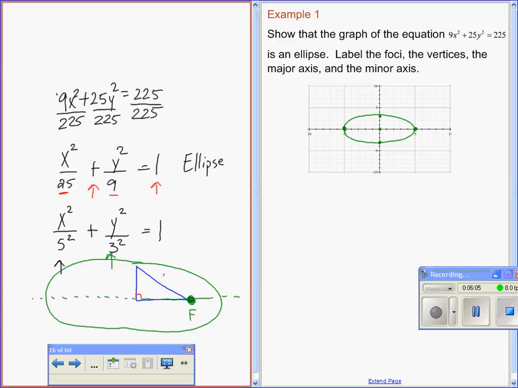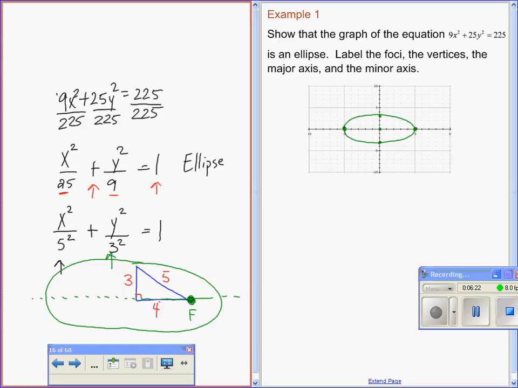So in that case, we know that that's 5. And then the vertical distance that we have here is going to be the distance from the center to your vertex on your y-axis, which in this case is 3. So we realize now we have a 3, 4, 5 triangle, or if you don't realize that, then just use